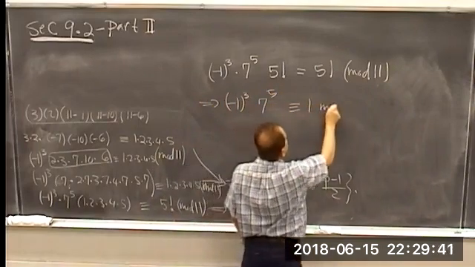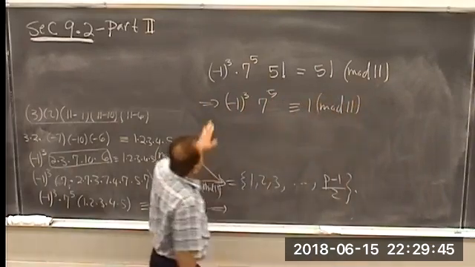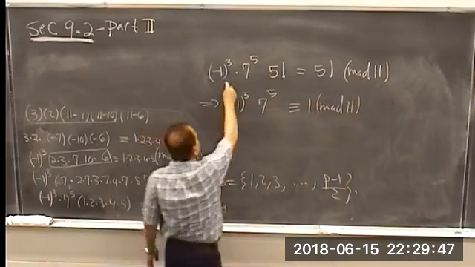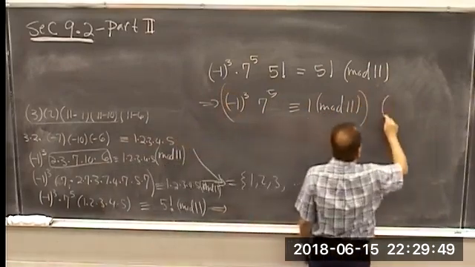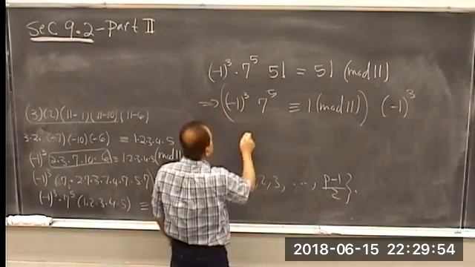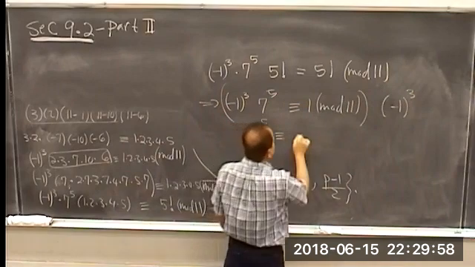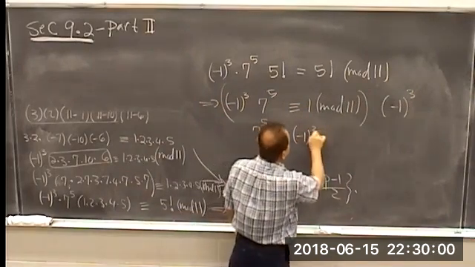Congruent to 1 mod 11, almost there. Now we're going to multiply this by negative 1 to the 3rd. So we multiply both sides by negative 1 to the 3rd, and then I come up with 7 to the 5th is congruent to negative 1 to the 3rd